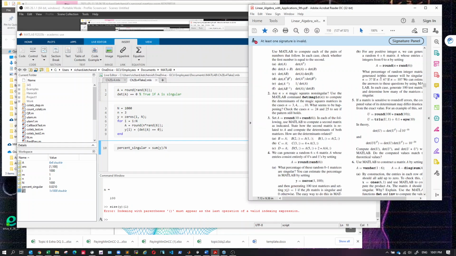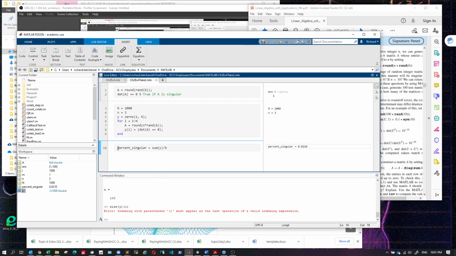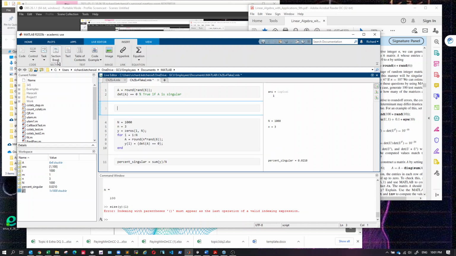Let's see. So this one doesn't ask you to do that. No, I'll do it anyway. Let me just go through it. I mean, we've done everything that this problem actually asks. So you don't need to do this next thing, but it's fun to sort of plot stuff and look at things. I will say this, I can start here and I can add a section break and change